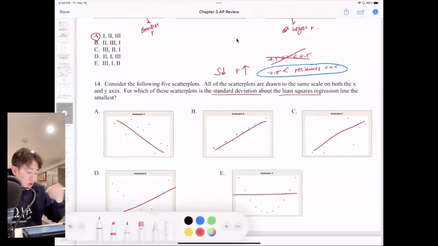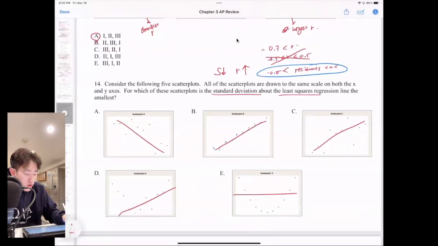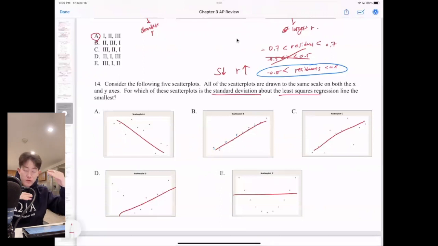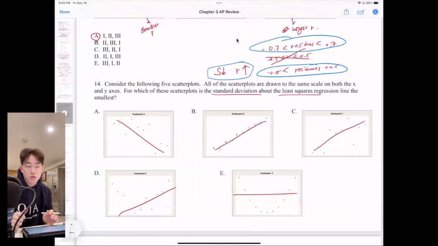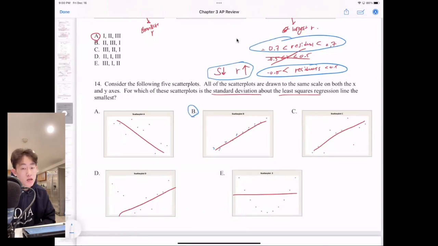But if I were to find another one that has residuals ranging wider than this, it shows higher residuals, much more difference between the actual and the predicted. It shows much less correlation. This means that it has a higher standard deviation because there's just much more variability. In other words, there's an inverse relationship between S and R. As the line is a better fit for the scatter plot, the standard deviation of the residuals will go down. So the strongest one here again is B. That's all you have to do.